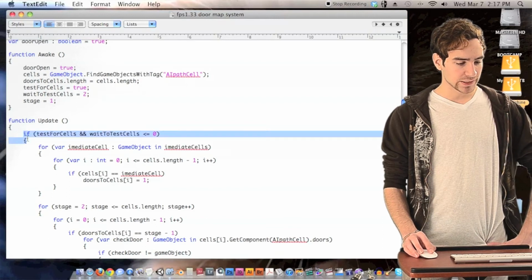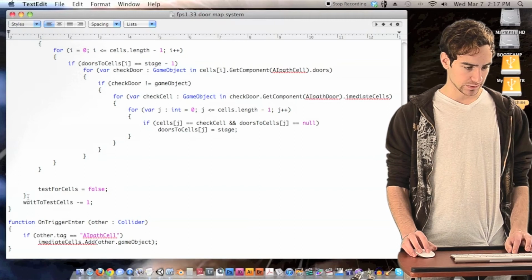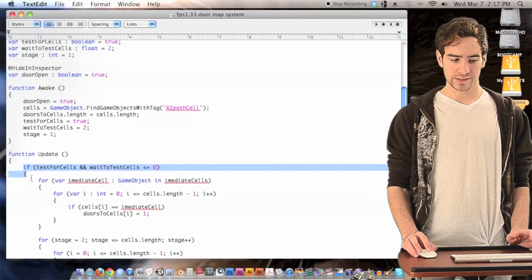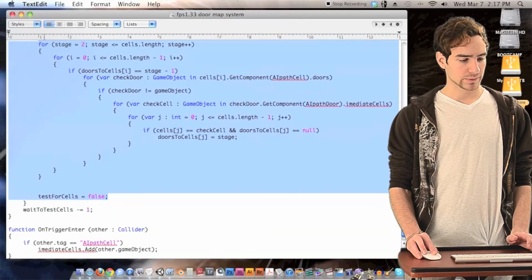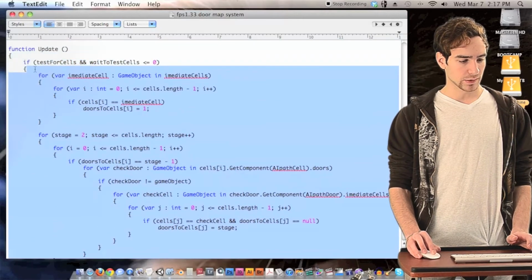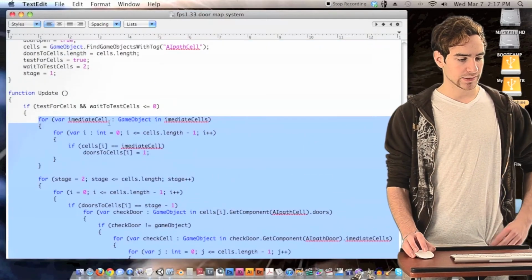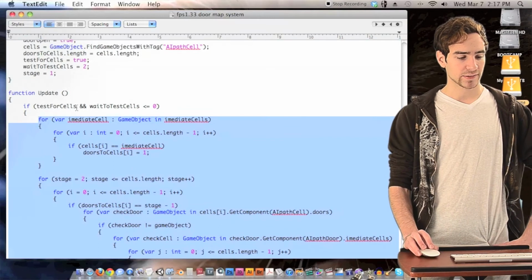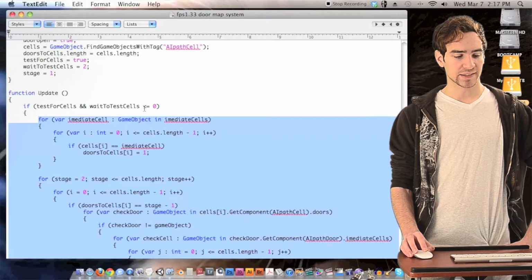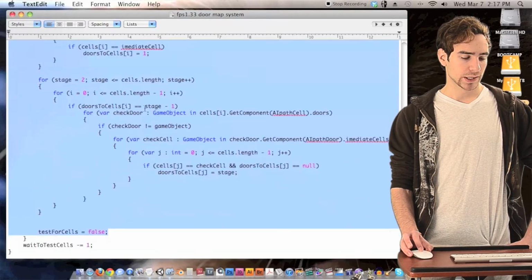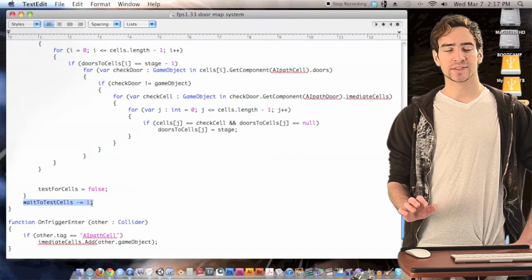So first of all, almost everything is inside of this if statement here. Let me highlight it. Here's the opening bracket and here's the closing bracket. All of this code is inside of this if statement, and the if statement is: if test for cells, which by default we have set to true, and wait to test cells is smaller than or equal to 0. And down here, outside of the if statement, we have wait to test cells minus equal